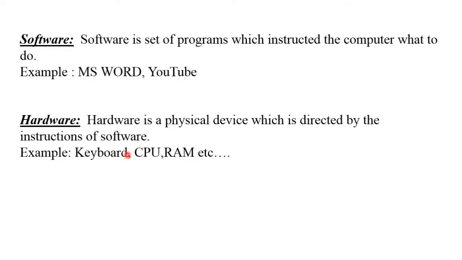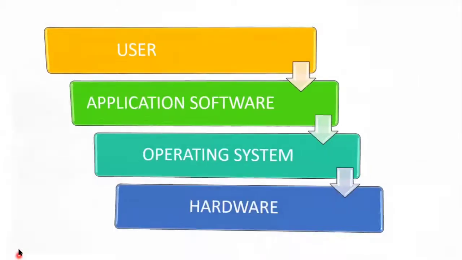Now again, I want to take another example, like for example you want to watch a movie, right? So monitor, CPU, CD or DVD, these all are hardware, but the movie itself, and if you are watching in VLC media player or MX media player, these all are software. So these hardware and software combinedly make the computer work, okay, and generate results to the user, right? So this is all about hardware, software, and the computer system.